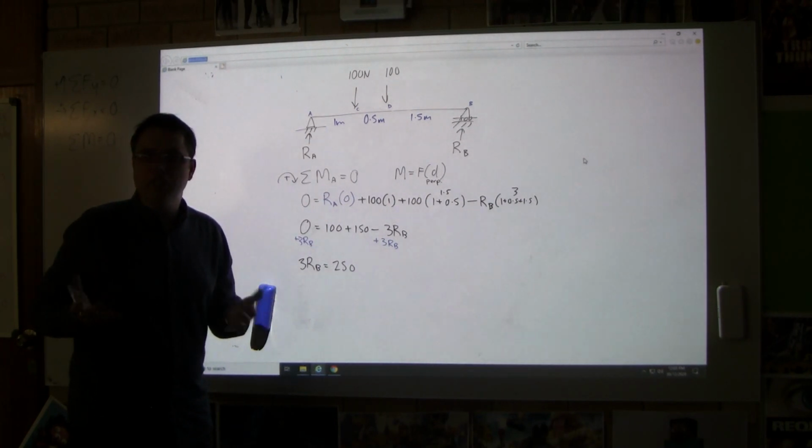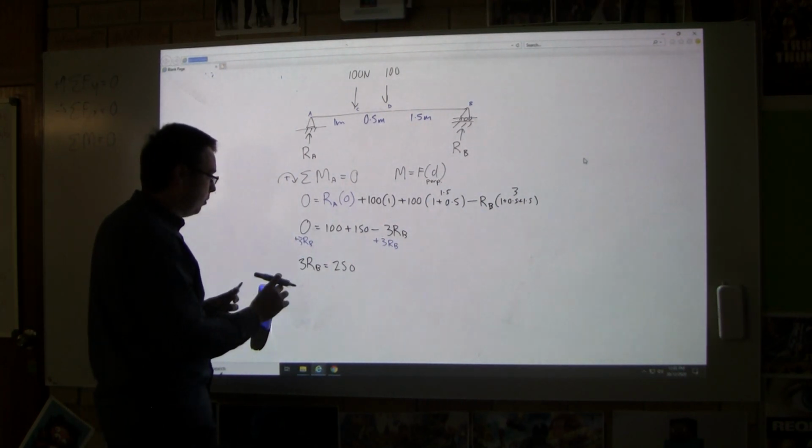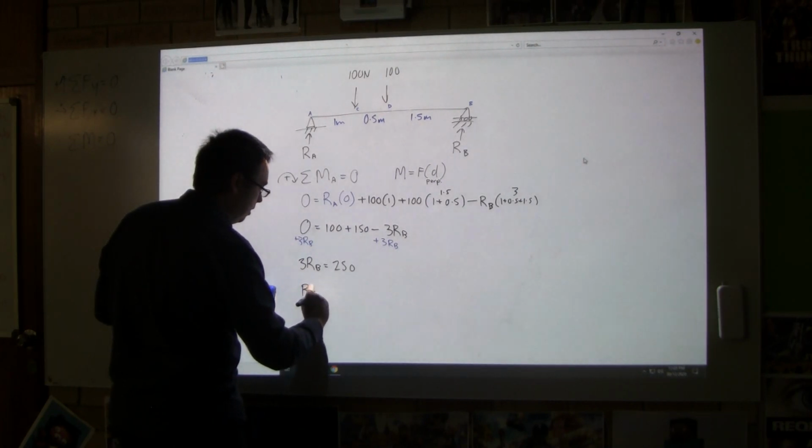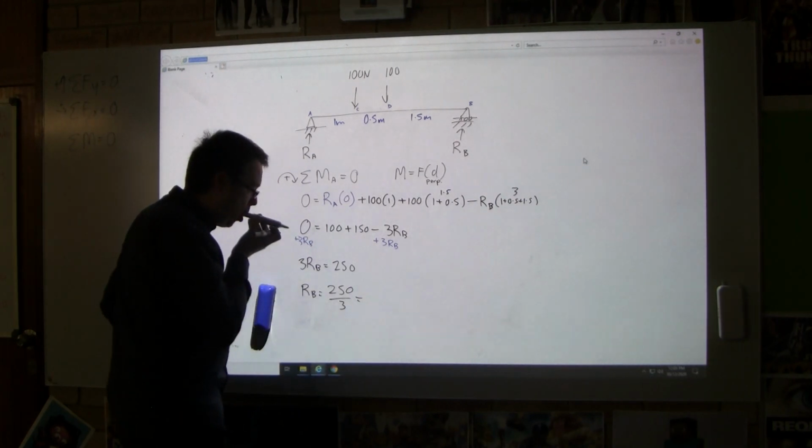It doesn't need to be perfect, just a rough figure. About 80 sounds about right. Right, so what I'm going to do then is say RB equals 250 divided by 3 equals